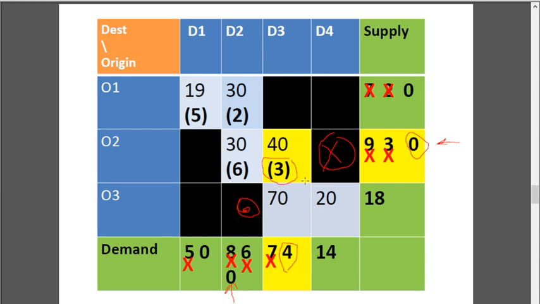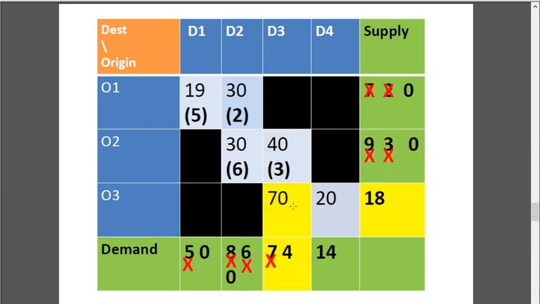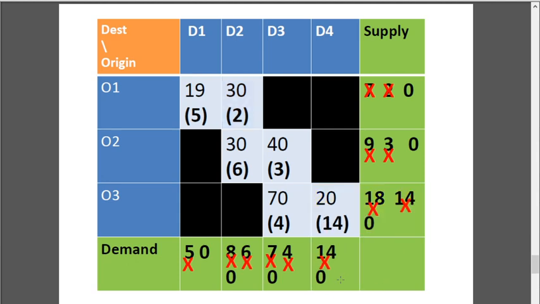Now again process the next adjacent cell, that is the bottom cell. Now the supply is 18, demand is 4. So from 18 satisfy 4 units. So 4 units is satisfied, the demand becomes 0 and the supply becomes 18 minus 4 equals 14. Next again move on to the next cell. Now the supply is 14 and demand is also 14. From 14 units you can satisfy all the 14 units allocated. Therefore now the demand becomes 0 for this destination and also supply becomes 0 for this origin.